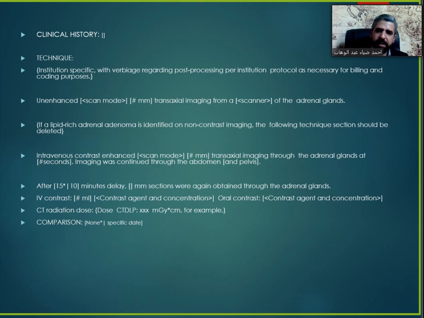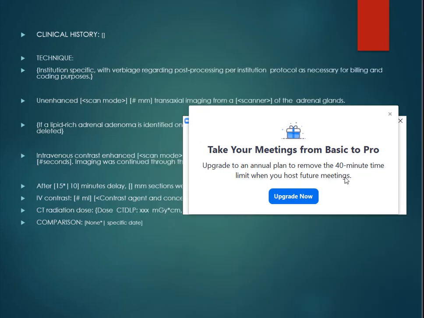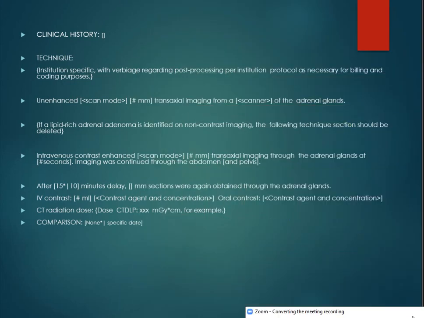So this is an example of a report that is more typical. What do you mean? For example, you start with the technique: the institution-specific post-processing that we used in this institution, and necessary billing and coding purposes. If the scan was unenhanced, axial images are used for the adrenal gland, for example. If a lipid-rich adenoma is identified on the non-contrast image,